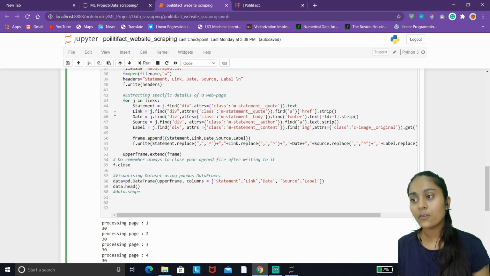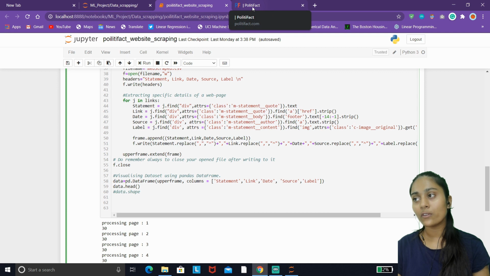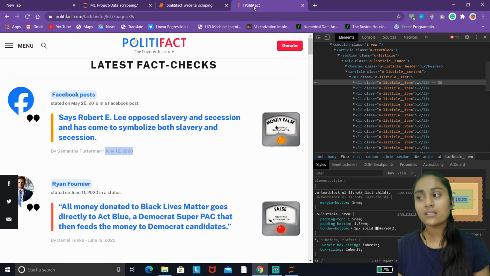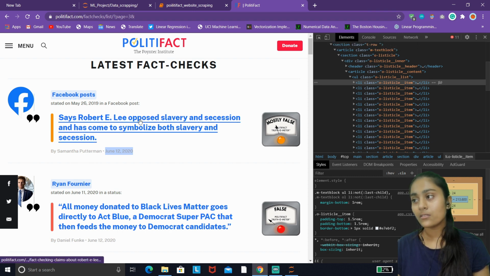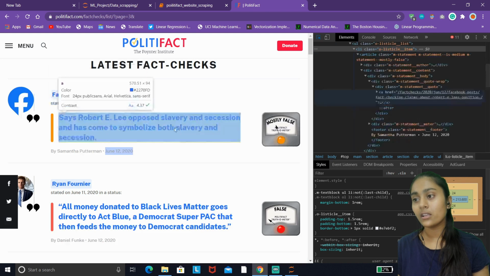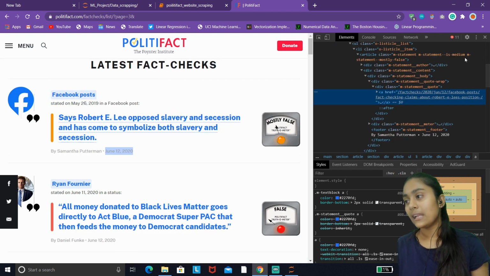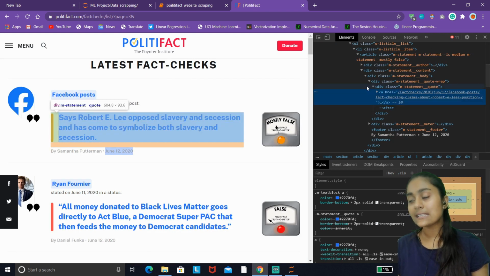Well, first of all, when we are extracting our statement, just inspect that statement element on your web page, go to your inspect window and look at its HTML source code. How does it look? Select the element and see in which tags it is contained.